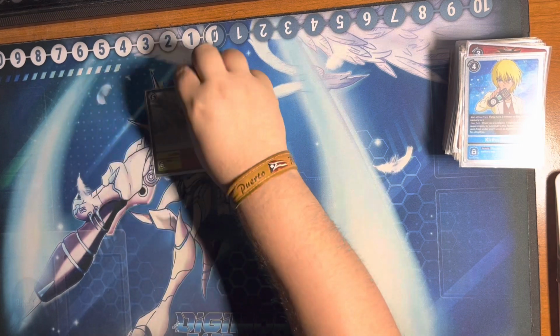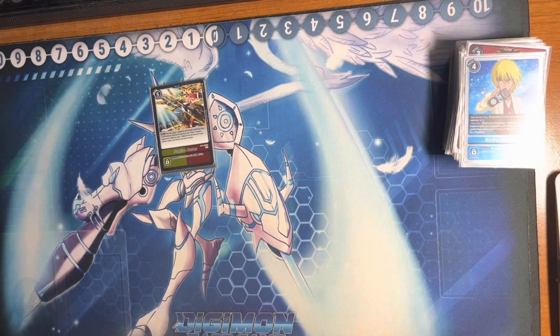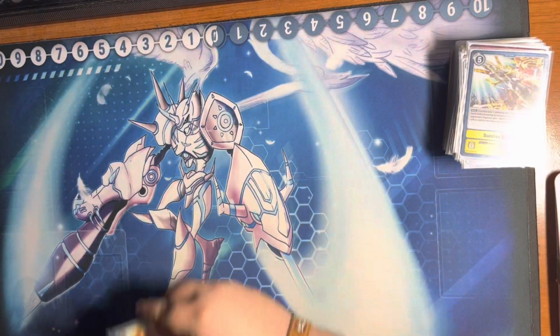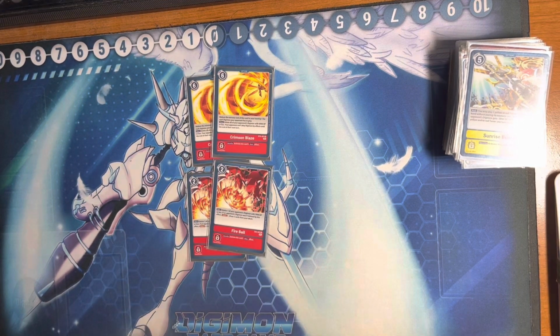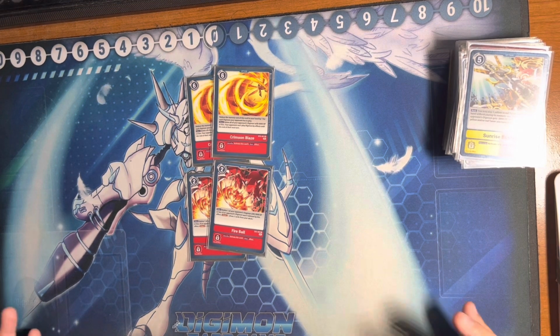For the options, we're playing Sunrise Buster. Again, it got hit to 1. Very unfortunate, but understandable. Really good card. Then we have Crimson Blaze, Fireball. Crimson Blaze is there because now decks want to go really wide with like little guys that are like under